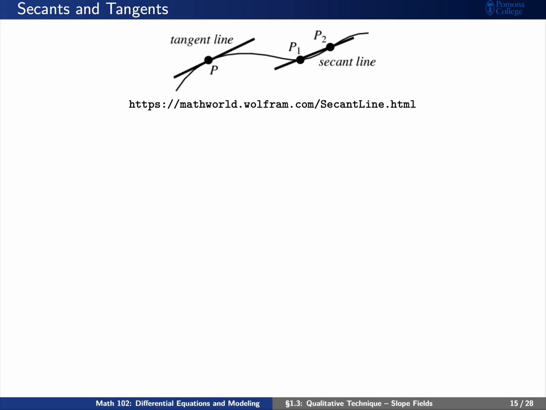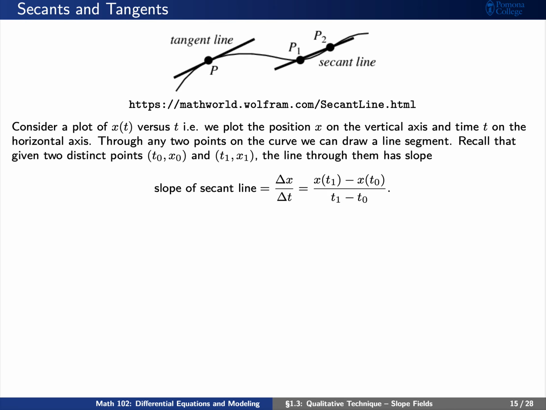To this end, let's try to work backwards a little bit to understand what's really happening with derivatives and even with differentials. We're going to discuss the differences between a secant line between 2 points and a tangent line at 1 point. Let's consider the plot of a function x of t versus time t,